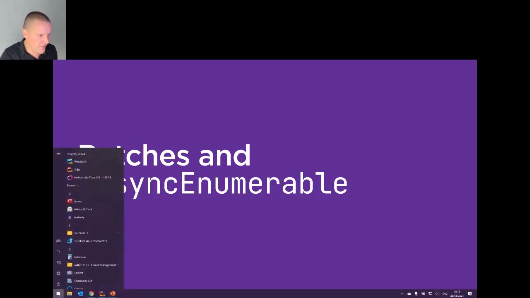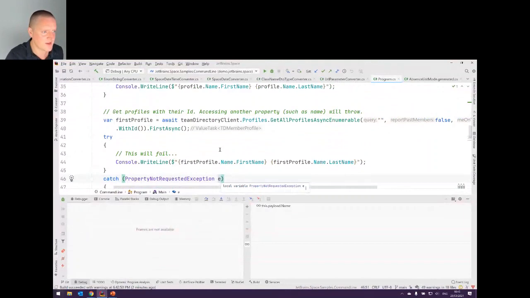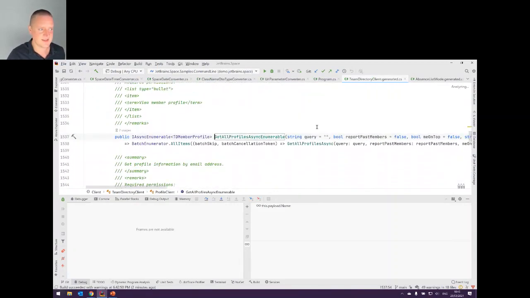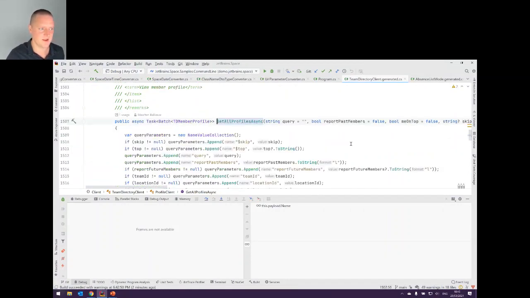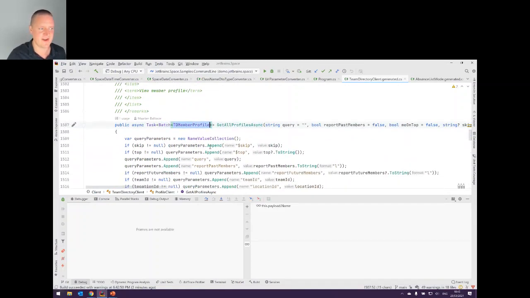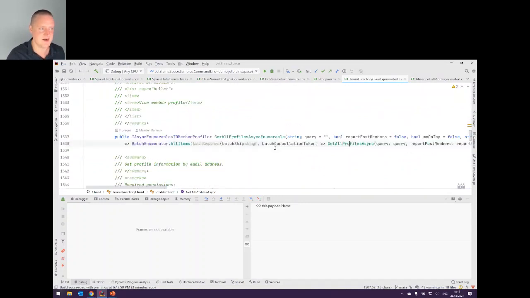Cool. Quick example of how this works. Actually, I have it here. We can get all profiles using an IAsyncEnumerable. The generated code for this one looks like this. It's essentially a one-liner that pipes its request into the batch methods that we have, that gets a batch of member profiles and does everything that is in there. What it does is it wraps that in a BatchEnumerator.AllItems. And what this thing is doing